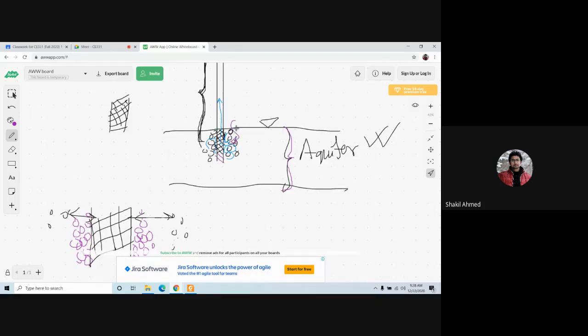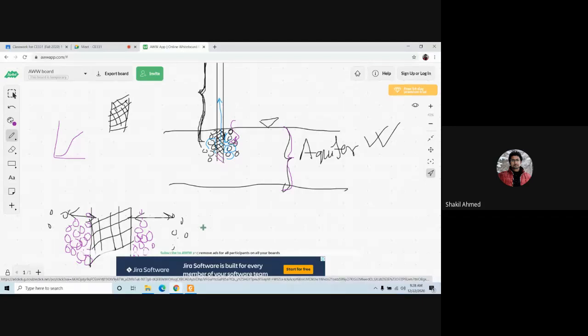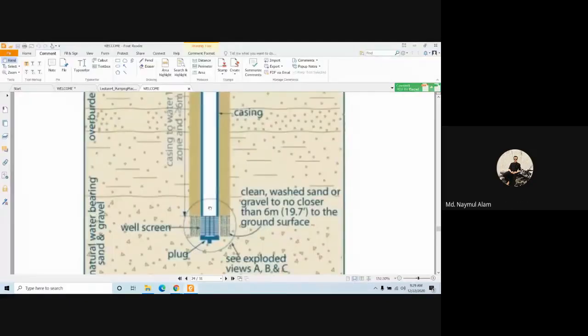And in that step, I'll show you in detail how to use the gradation curve, the grain size distribution curve, to design this gravel pack material, and how to vary the size of the particles gradually. Is it clear? Yes, sir. Okay,